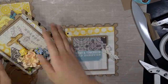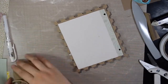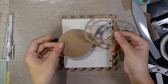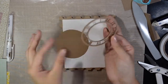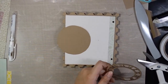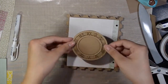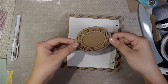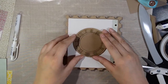Alright, so now we're going to do the back page, and I already cut a circle. It's the same size as the little chipboard clock that you can get from the SaCrafters store. I love her little clocks. I have been using them like crazy when I just got on her team, because they're just gorgeous. Anyways, just cut out a circle that's the same size as the little chipboard clock, okay, because